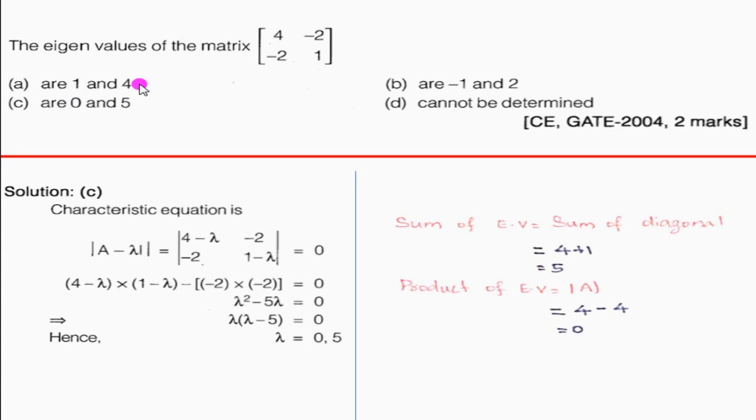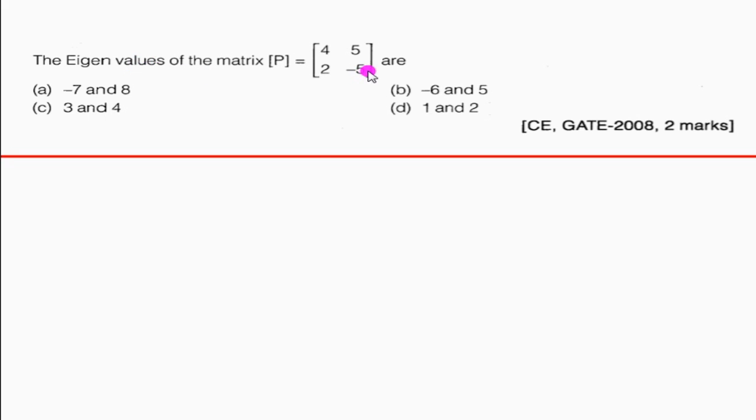In this case, 1 and 4 is equal to 4, it's not 0. Multiplication of 0 into 5, 0 and 5 is 0, hence the answer is C. Thus, for the eigenvalues of the matrix, the sum of the eigenvalues is minus 1, so this option may be correct, and this is not correct. This is 7, so it's not equal to minus 1. Again, this may be the correct answer.